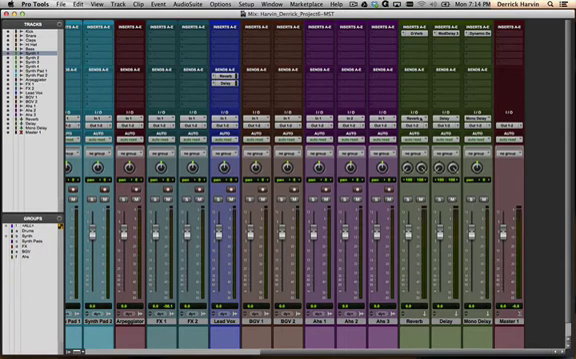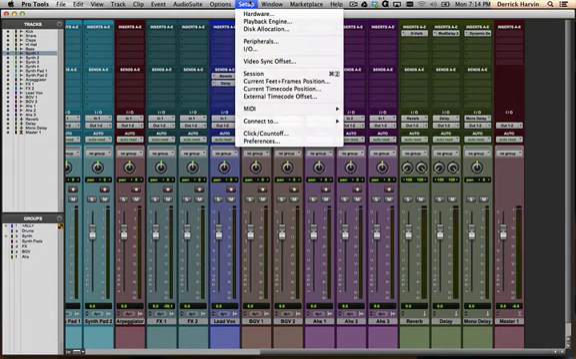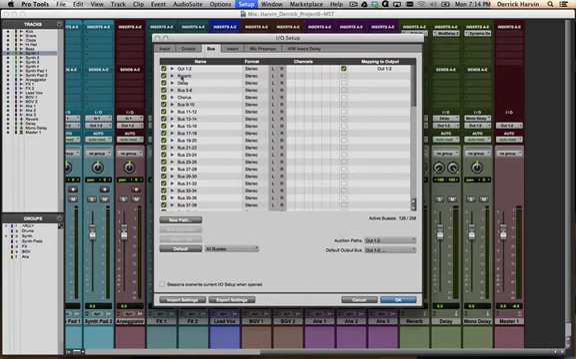What I want you to know is that although we renamed this, it's still routing, it's still bus 1 and 2. It's still 1, 2, 3, 4, 5, 6, 7, 8, and so on. It's just that we changed the name of it. So